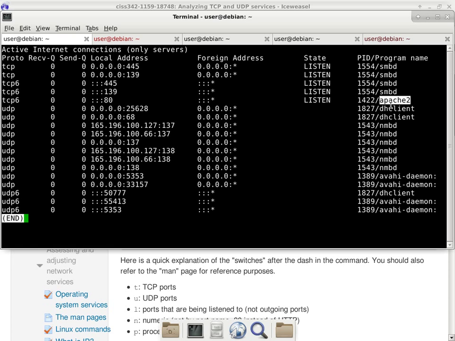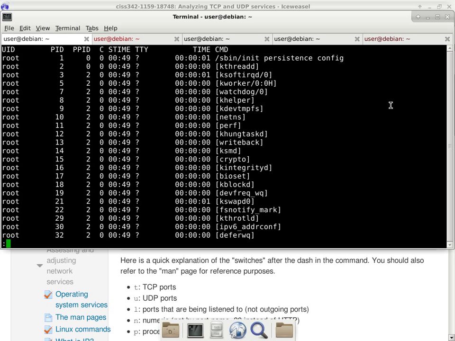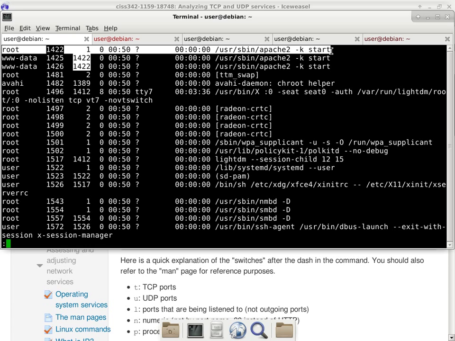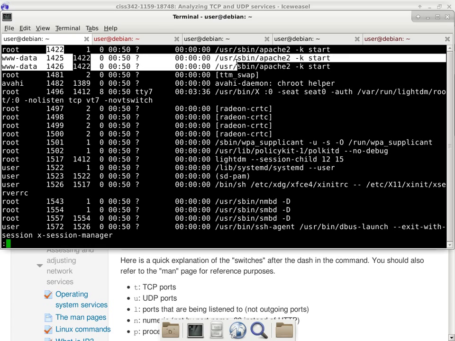Is it posing a lot of security risk or not a whole lot? So we'll run ps again, and this time we'll look for 1422, which is the process ID of Apache 2. Now you can see it. The first one is 1422. It is started by root, but then you can also see the other ones. These are child processes. They are the ones that are actually providing the service, and these are running as www-data, which is a user account with fewer privileges. But it was started by root.